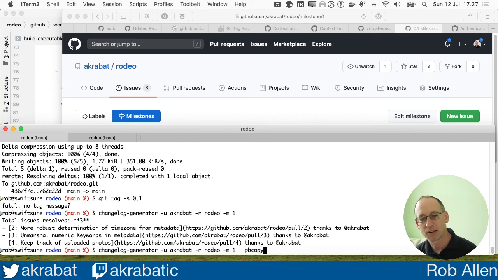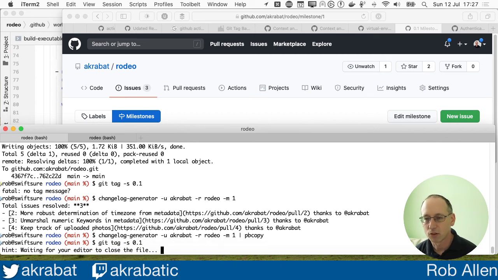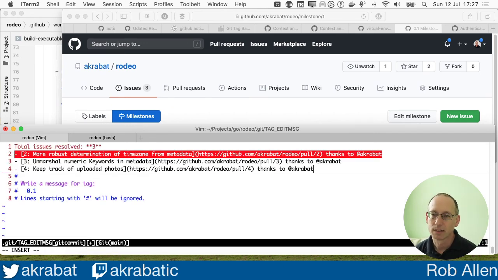PB copy is an app that's provided by macOS, which copies to the clipboard, which is known as the pasteboard in macOS. So PB copy is pasteboard copy, PB paste, pasteboard paste. So now that's on my clipboard. And now I can create the tag, because what I'm going to do is create tag 0.1. And what I do is I paste in the